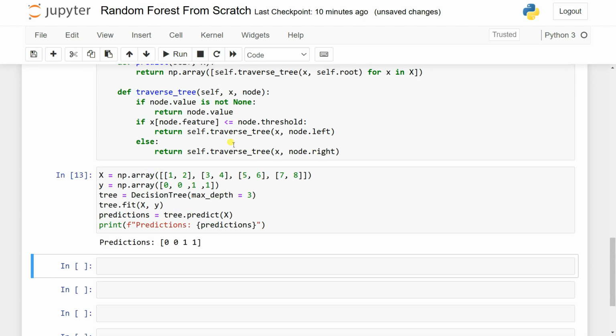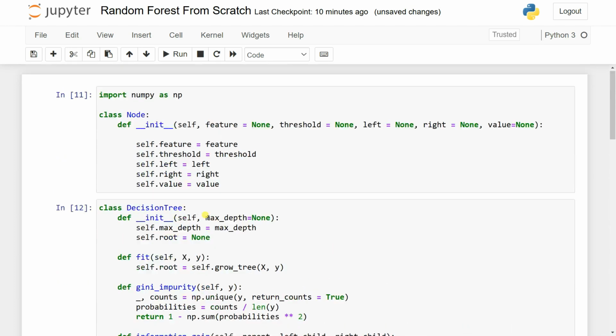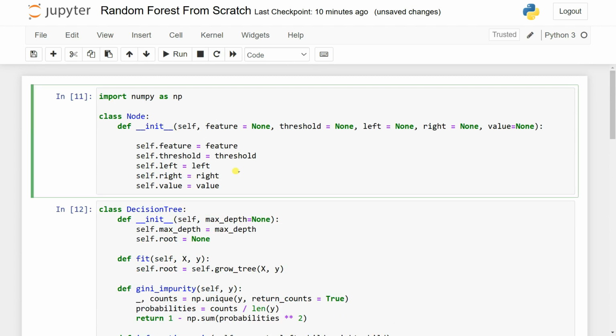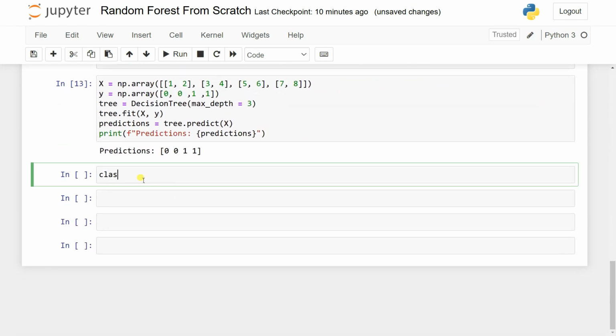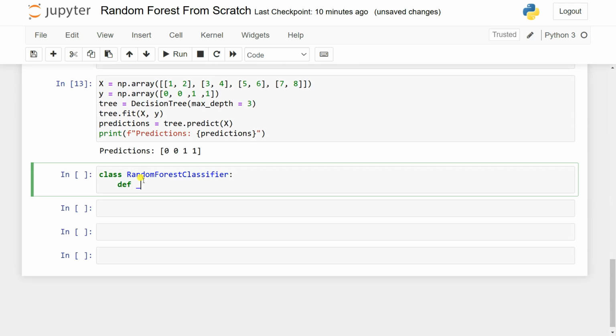And this is about predictions. Now we are going to create a class for the random forest. Let's go down and create a class here. Let's say class RandomForestClassifier, and then def __init__,